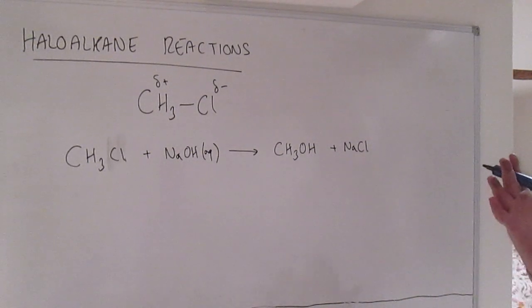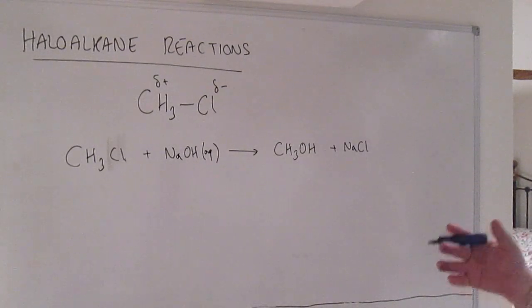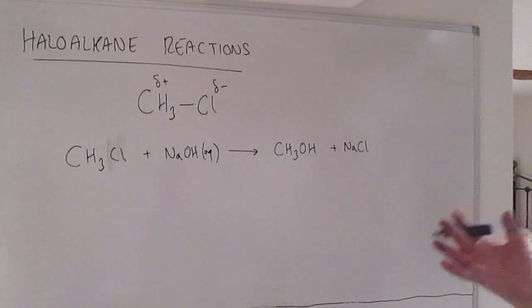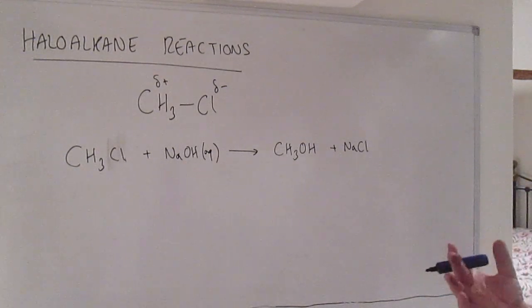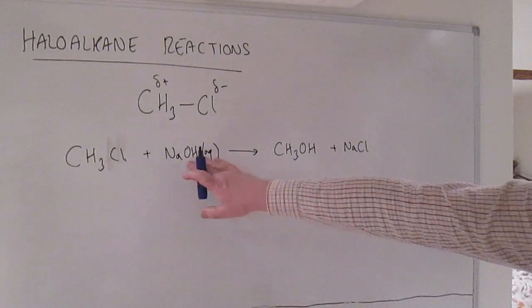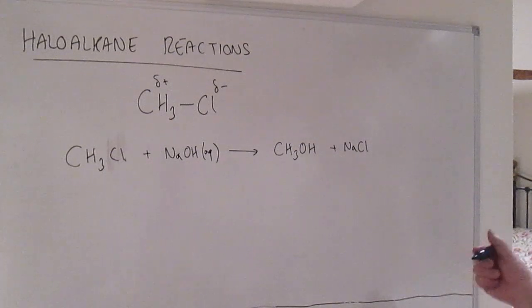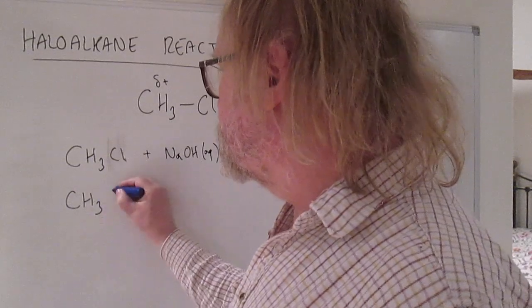So that's a substitution, but it's very different from the radical substitution which you've learnt for alkanes reacting, and we'll see that in detail when we look at the mechanism in a bit. But for the moment you just need to learn that that's the case. No special conditions for that, you just need aqueous sodium hydroxide and it goes relatively smoothly to make the alcohol and sodium chloride. You can also do the same thing with water and you get a very closely related reaction